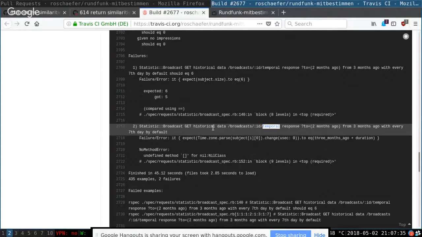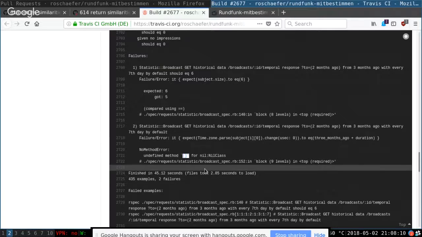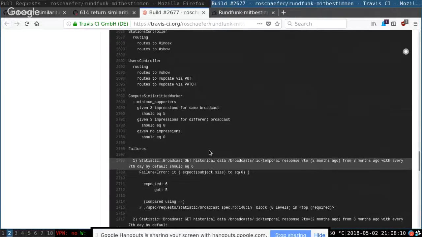And here we have an array of historical points in time, and you can say, okay, from 2 months ago, with every 7th day by default. So for the duration of 1 month, starting 3 months ago, you can get an array of statistics. That's this test here. And apparently the result is empty, and that's why the test is failing. So this is not related.